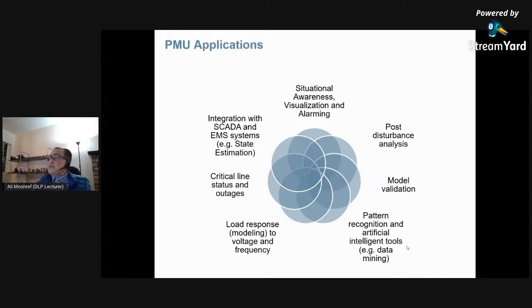And one of my favorite topics is on the lower right corner, which is pattern recognition and artificial intelligence tools, for example data mining. So a few years ago, I was part of a committee about PMU application in BC Hydro, which is a utility in British Columbia, in Vancouver. I was looking to see how I can use the angle difference to do something. It was for fun. I teach at the university, but that's not my full time job. So normally I do research on my own interest,